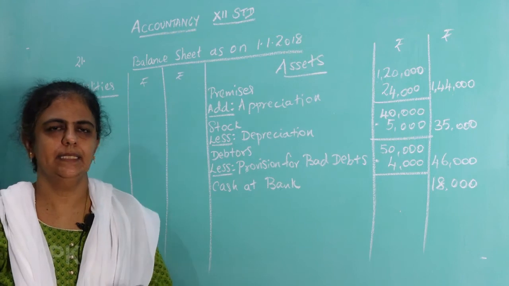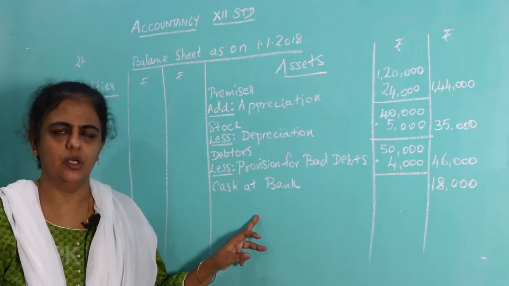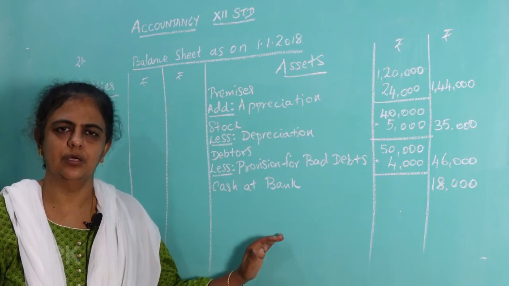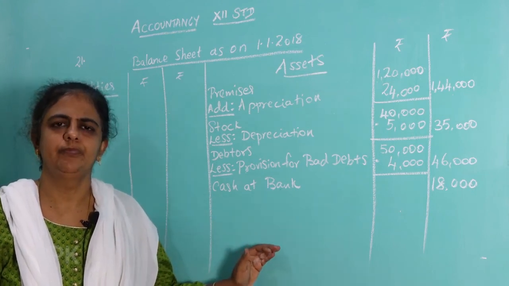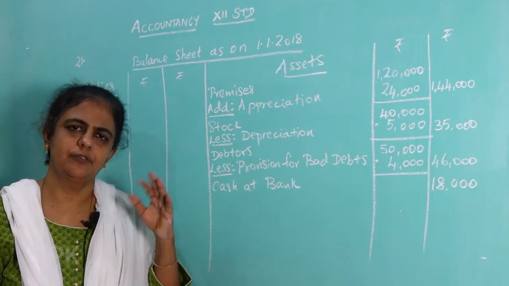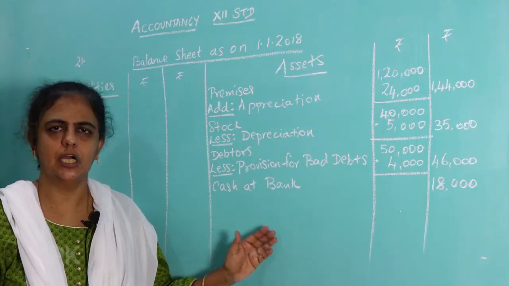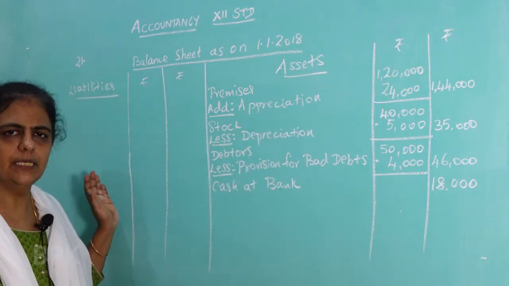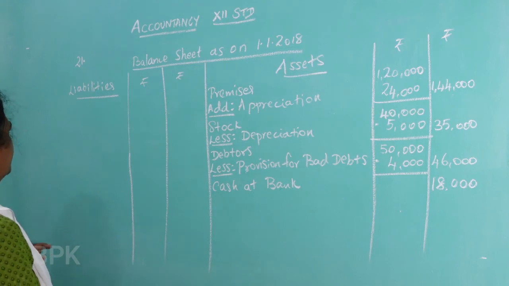Now see the question, after cash at bank you have profit and loss. That profit and loss account you should not bring it here. Why? Because that loss you have already transferred to all the partners' capital accounts in the old profit sharing ratio, and you have shown it in the capital account. So again it should not be repeated here. Okay. So asset side it is over. So now we come to the liability side.